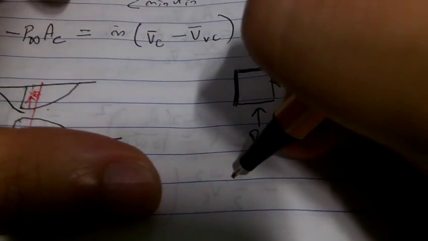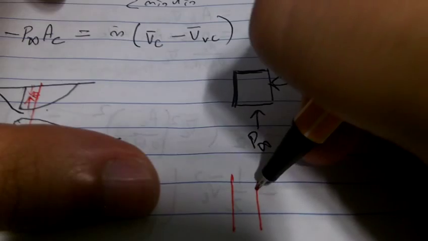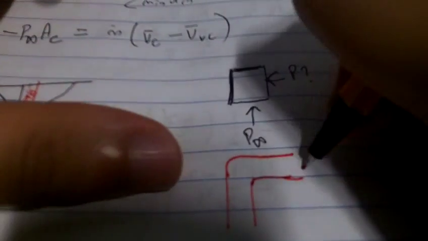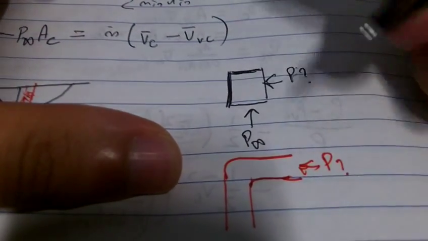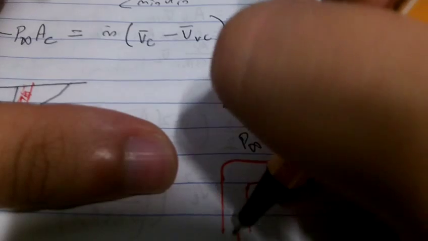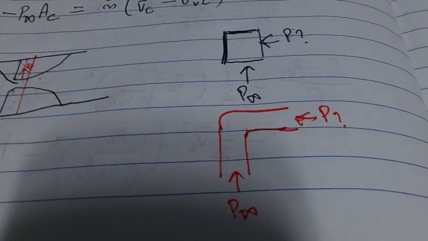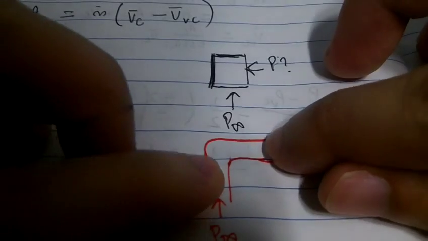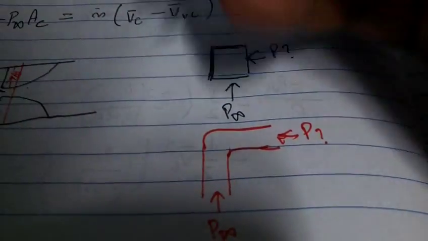We are not that sure what the pressure is, but let's take a look at this for a moment. What does this look like to you? Imagine if we actually extend the length, P question mark, we don't know what that is, P infinity into there. This looks a bit like a manometer or something like that. Now if we shorten the pipe so much, let's say we shorten it from here to here,